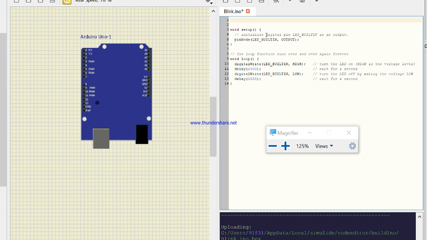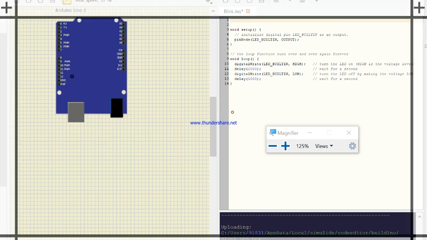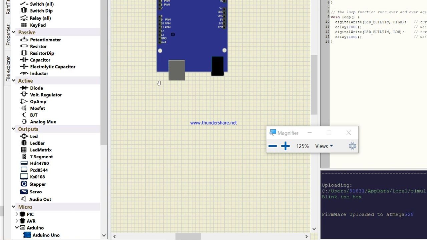Now let's try to change it. I want to blink this LED from my pin number 2.